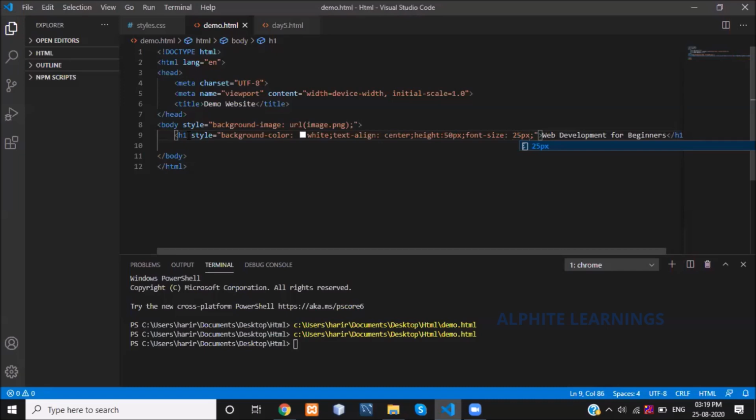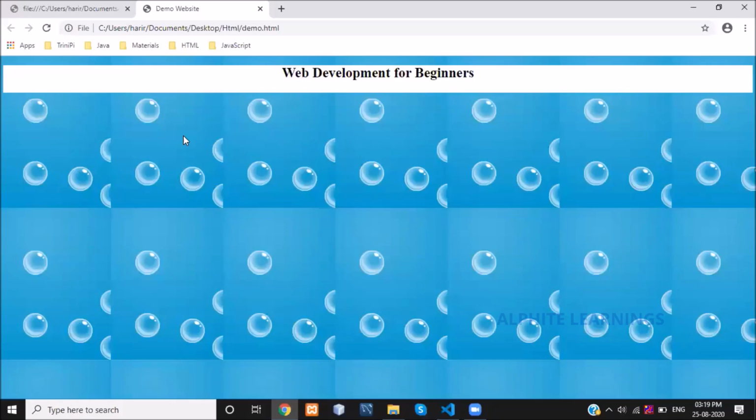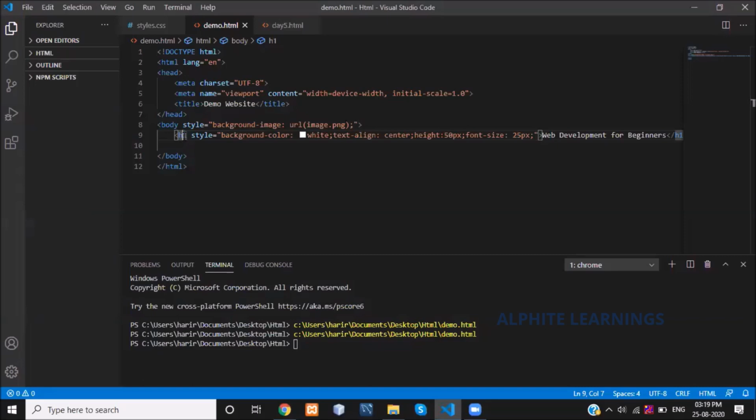So I have added an h1 tag, and for it I have given inline style properties like background color, text align, height and font size. See, I got my heading. You have learned these already, so I need not explain more about this styling: background color, text align, height and font size.